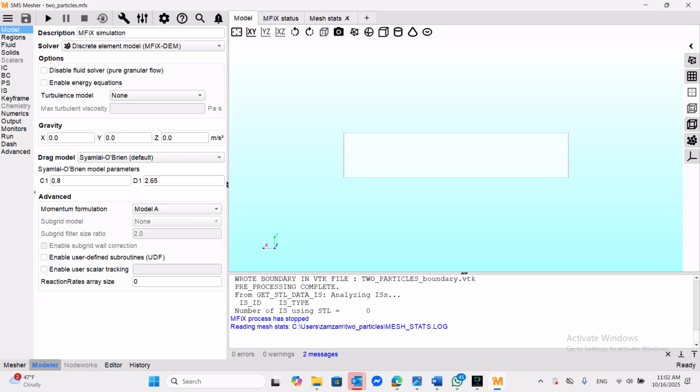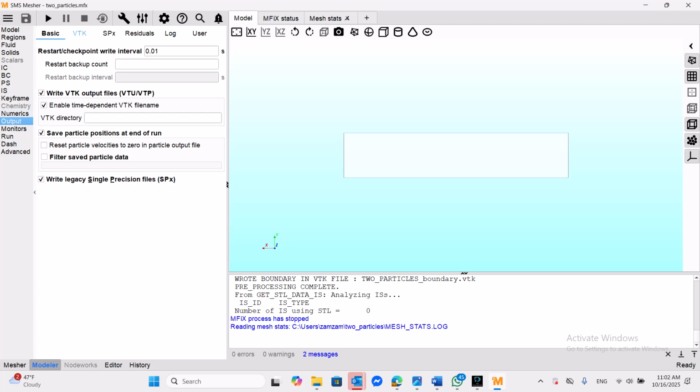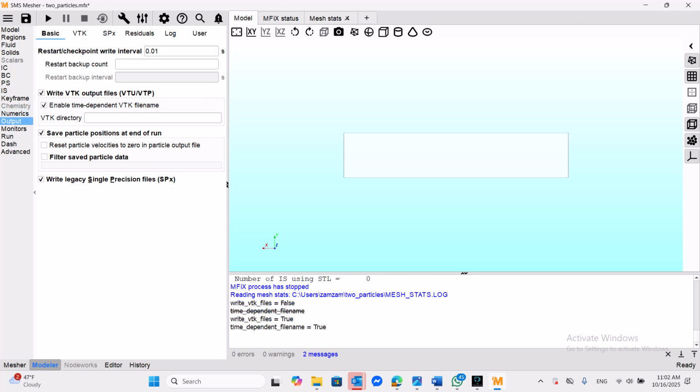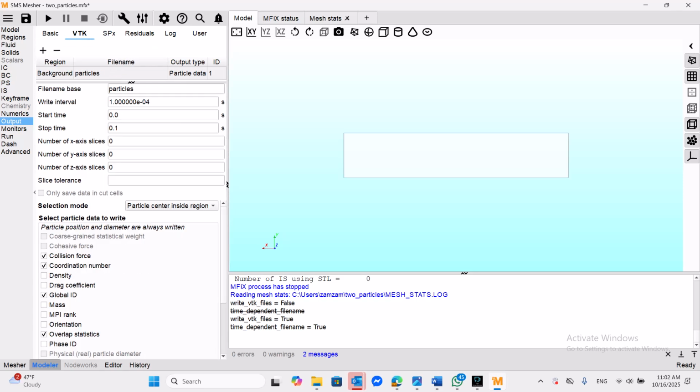We will go to modeler, and then we will go to output, and then in the basic tab we have write VTK output files, which usually consist of VTU and VTB. VTB is for particles and VTU is for cell or for the fluid cells. So usually it's enabled, so we will enable it, and then we will go to the VTK option, and then in the VTK option we have